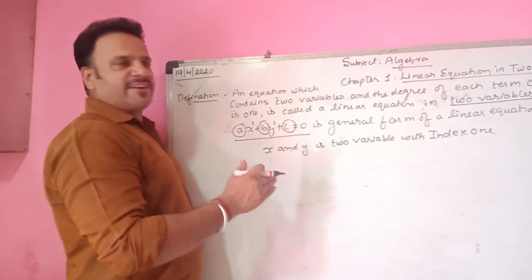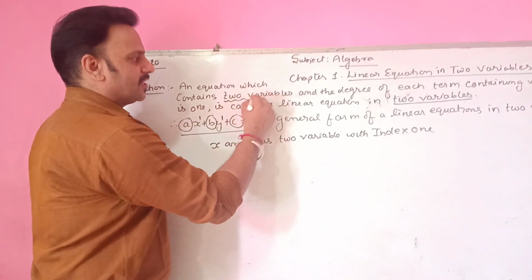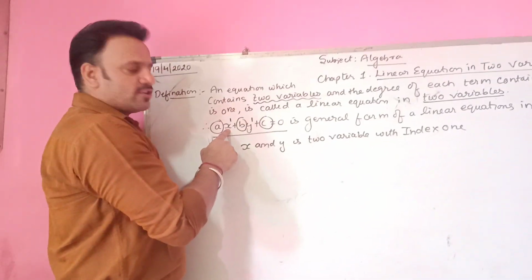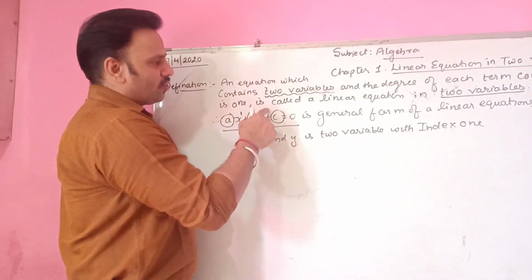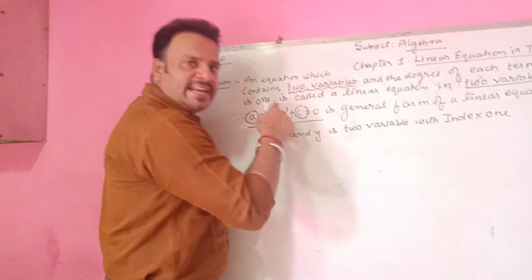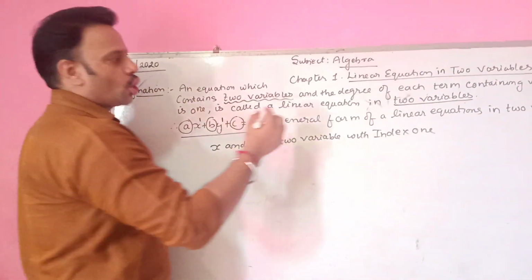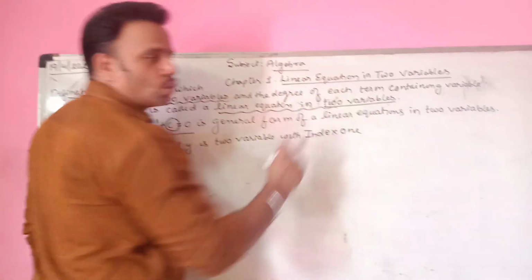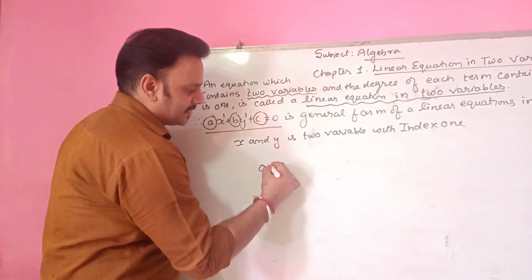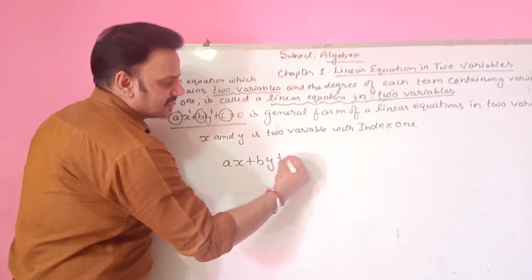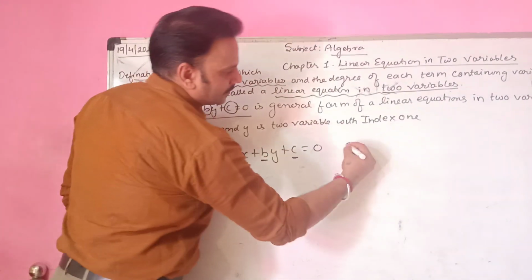Once again we will go to the definition. This is an equation which contains two variables. I have said here already that x and y are the two variables, with degree, that is the index of each term, equal to 1. Therefore this equation is called a linear equation in two variables. So the general form of this equation is ax plus by plus c equal to 0, where a, b and c